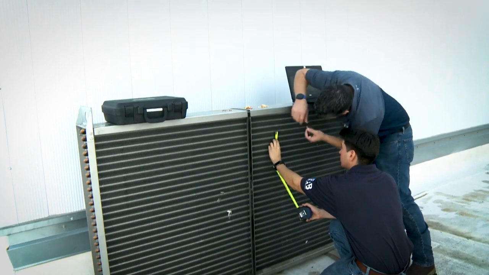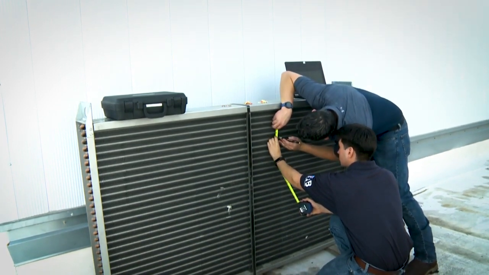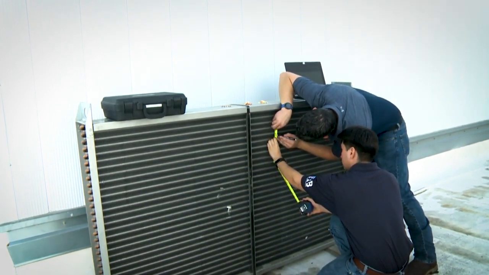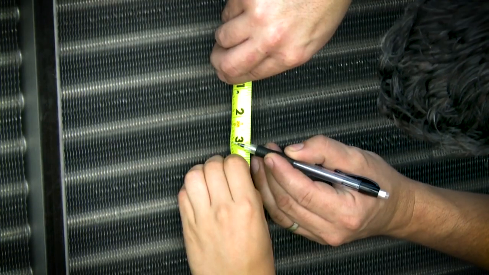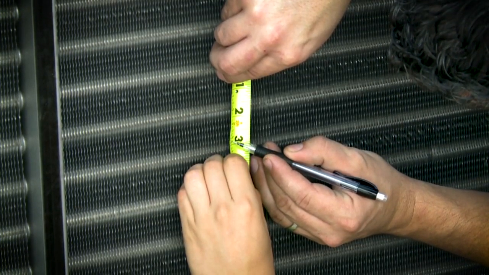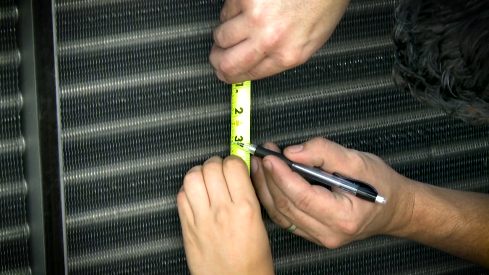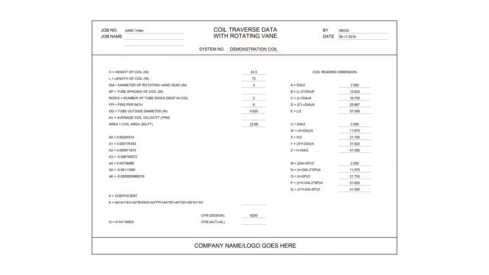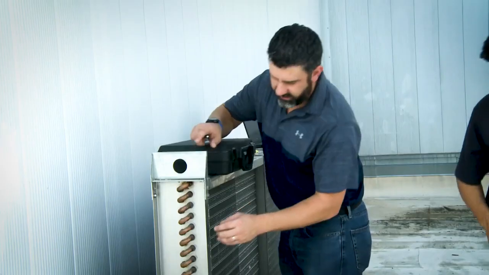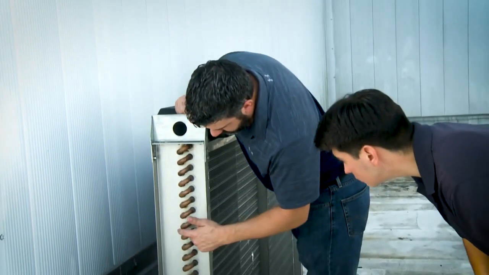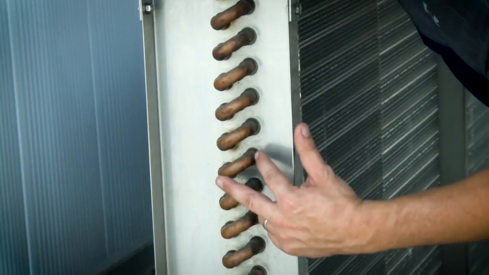The AHU-1 submittal data did not include the tube spacing of the coil. The tube spacing of the coil was measured while in the field as 0.875 inches. Next, record the measurement in the coil traverse data with rotating vane form on row SP equals tube spacing of coil as 0.875 inches. Count the number of tube rows deep in the coil and verify that the number matches